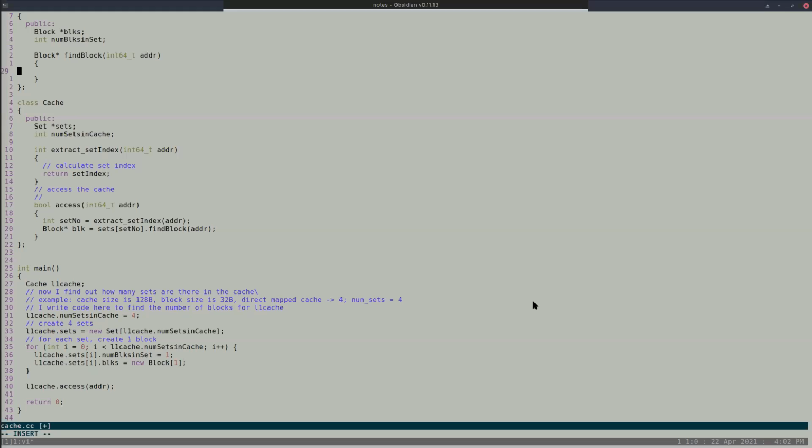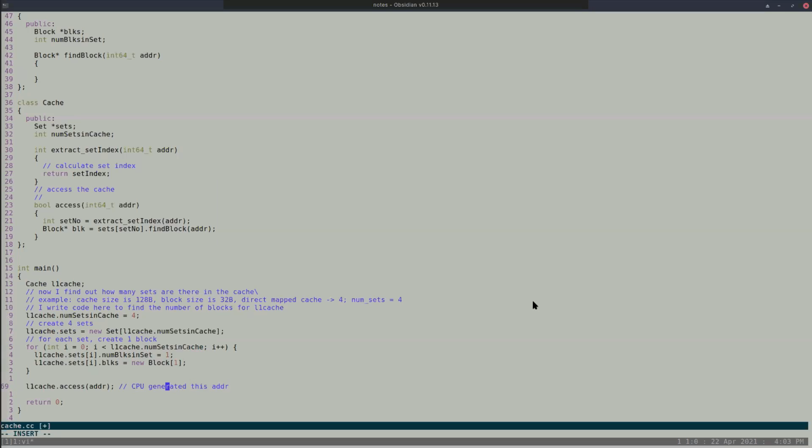The reason I'm coding it this way is because it's easier for you to follow. This is not the only way to code it. I'm just making sure that you are following what I'm saying. If you are not following, please ask me. Don't feel shy. We have already spent almost 50 hours together, I guess, so I can always explain again. Now let's say this is the CPU. The CPU generated this address.